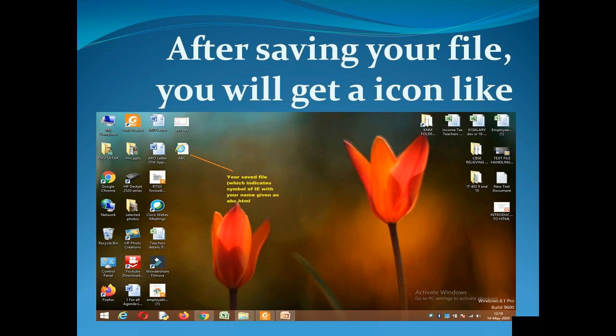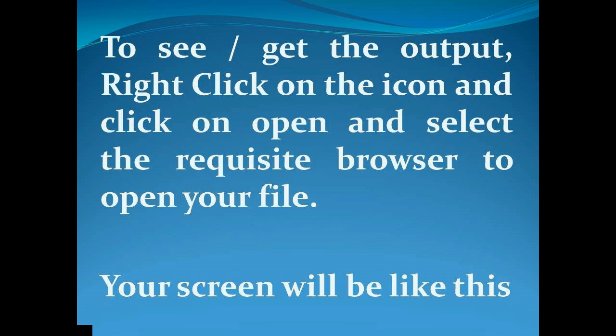If you don't give .html as extension, it will not be saved, and you cannot get your saved file with the icon of Internet Explorer. We had written our HTML code. We had saved it with the appropriate name along with the appropriate extension name.